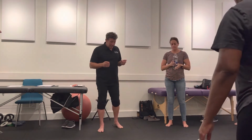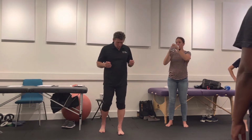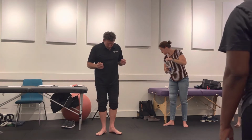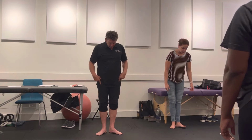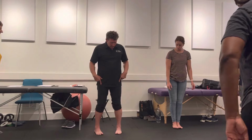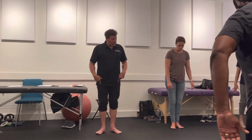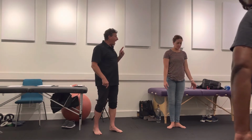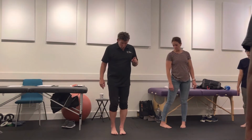This next piece, I consider it a pretty challenging piece. We're going to start with this idea of coming to external rotation, coming to ball foot and internal rotation. External, internal. External, internal. That's the action that we're looking for. Now we're going to apply that action. We're going to bring